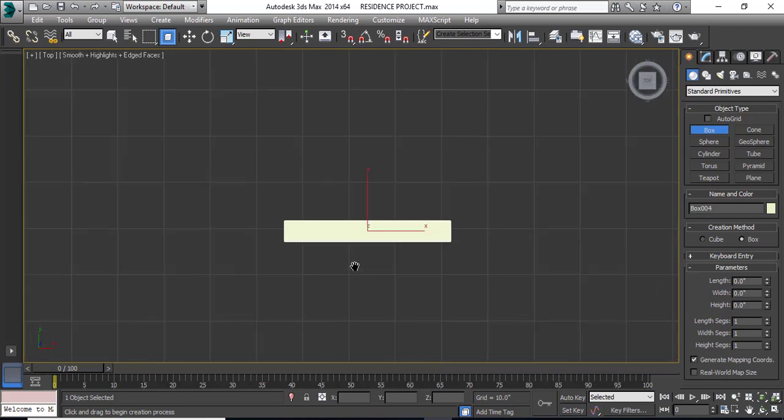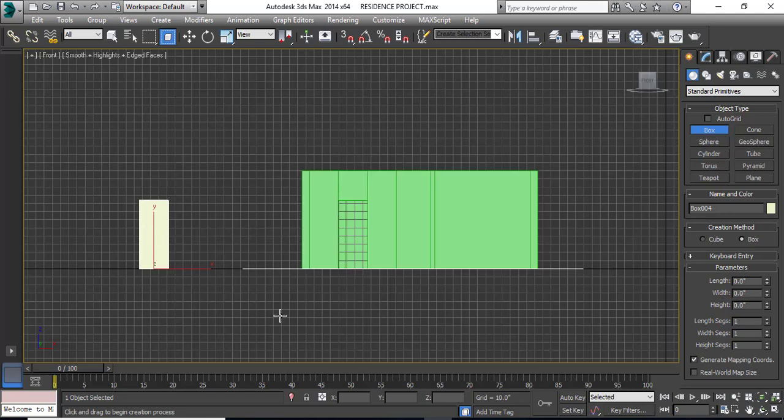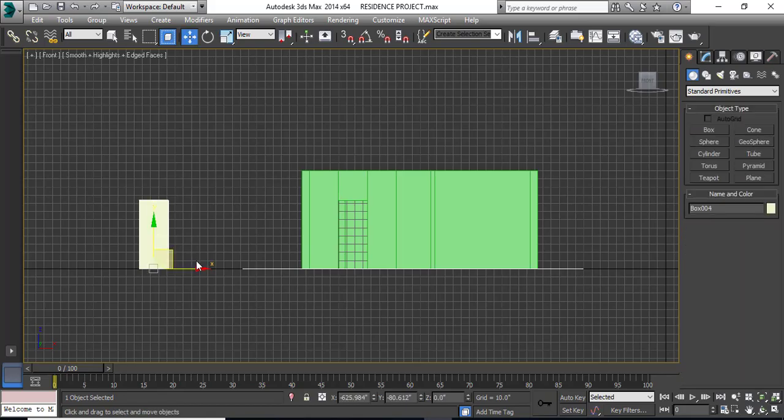Okay, so this is my box of the required size of the door. I'll go to front view again, and as it is on the same surface as the plan, we'll simply move it horizontally. There is no need to move it vertically.